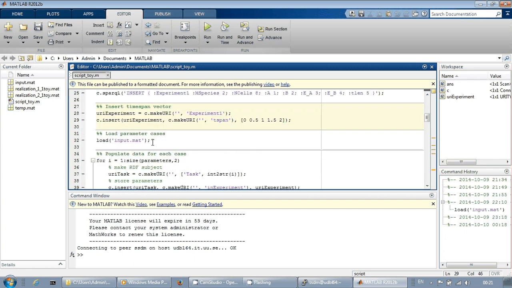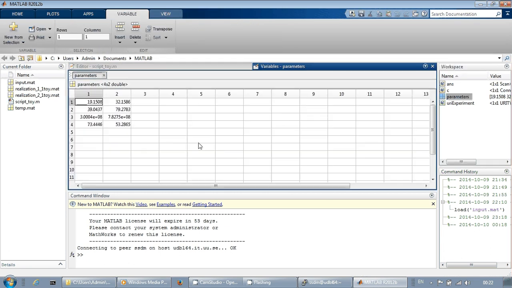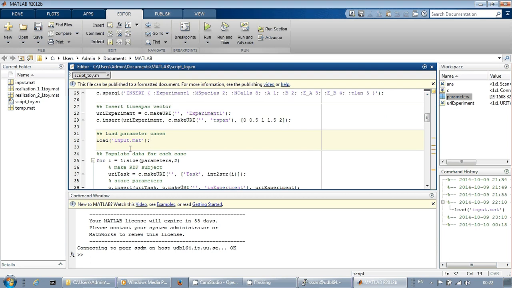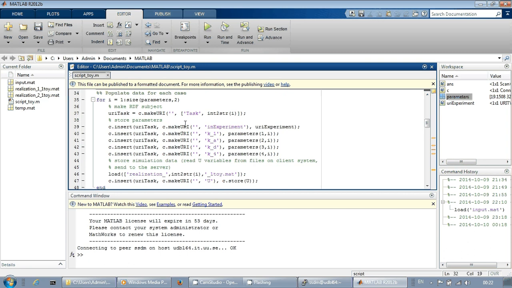Now we're going to add a lot more data. As most MATLAB users do, we have it in variables in a set of files. Our input.mat contains parameter cases and an annotated array. Since we are now utilizing the semantic web, we are going to annotate these values so that semantics will become more clear to the future users. And here our script is